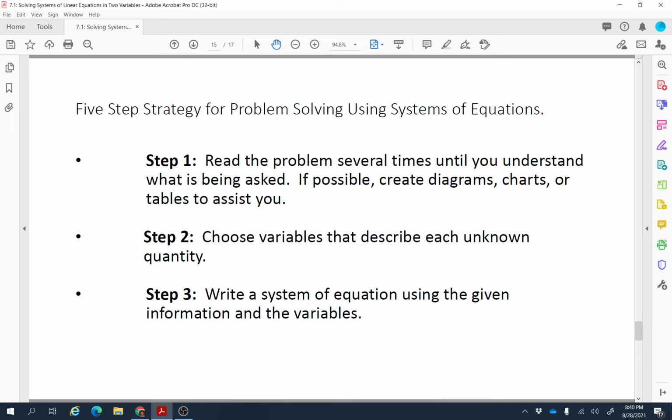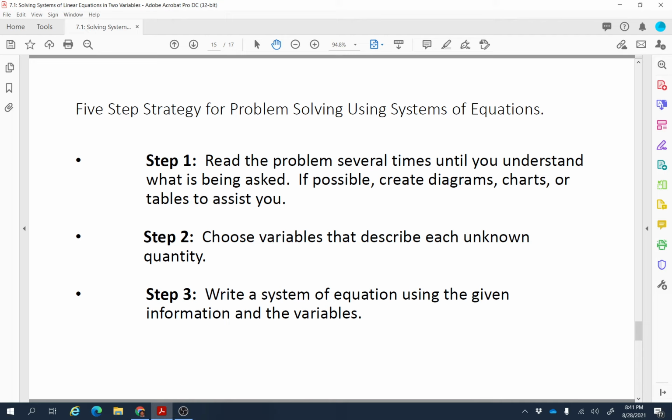The first thing is read the problem several times until you understand what is being asked, because if you don't understand the question, the probability of finding the right answer is very low. So read the question a couple of times. If possible, try to draw a diagram, chart, or any table that might be helpful to understand the question. After that,